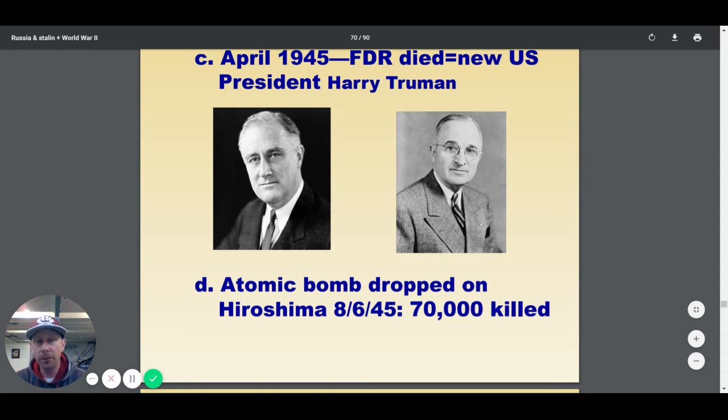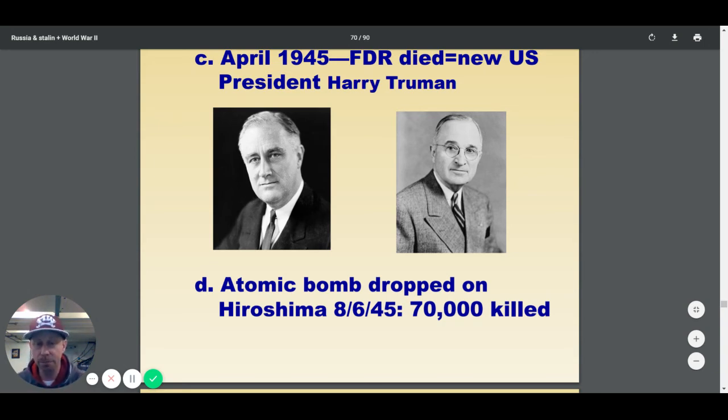A new U.S. president is going to come in. Vice President Harry Truman is going to take over, and he's got to make some of the toughest decisions that any man has ever had to make in the history of the world. He's going to decide that he's going to use the atomic bomb and drop it on Hiroshima on August 6th of 1945. When we bombed Hiroshima,